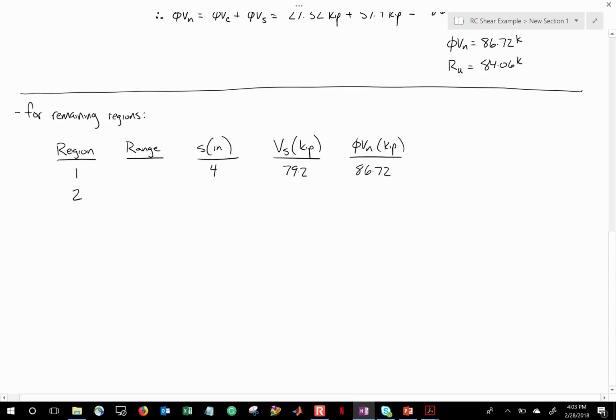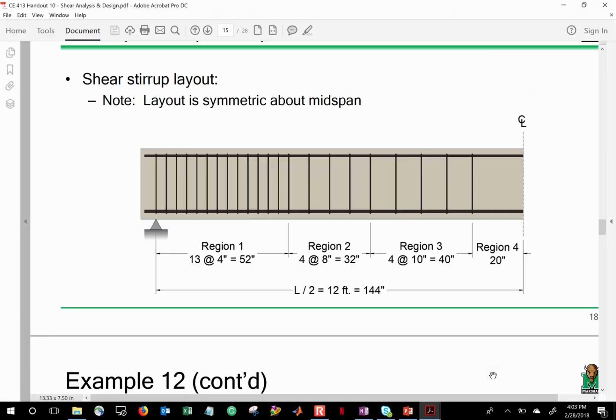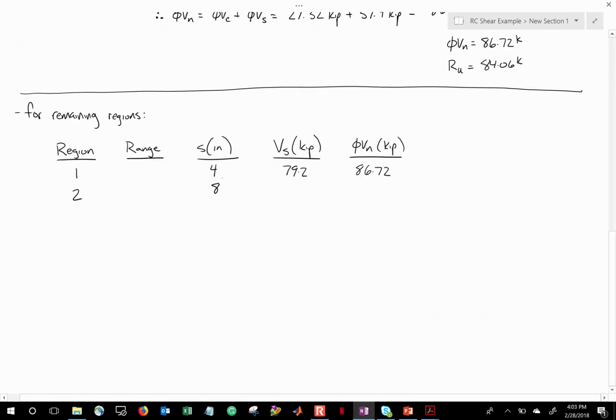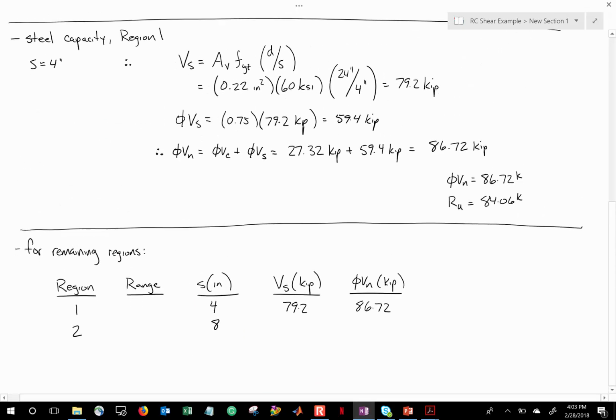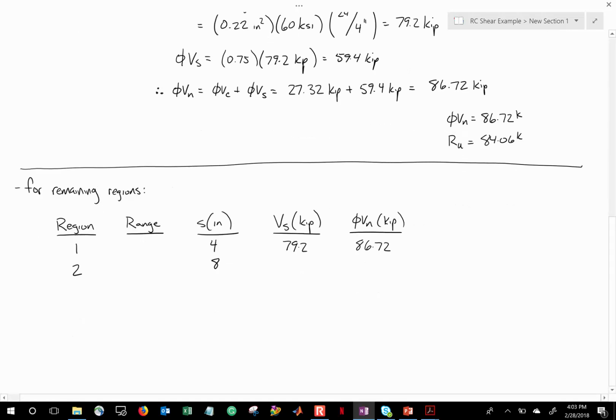Okay, now I'm going to skip the range part for now, but let's look at region 2. Region 2, the only difference is S is 8 inches. So what you would do is everything that we did up top, all this info up here, just replace 4-inch spacing with 8-inch spacing and just plug and chug. When you do that, you're going to get 39.6 kips and